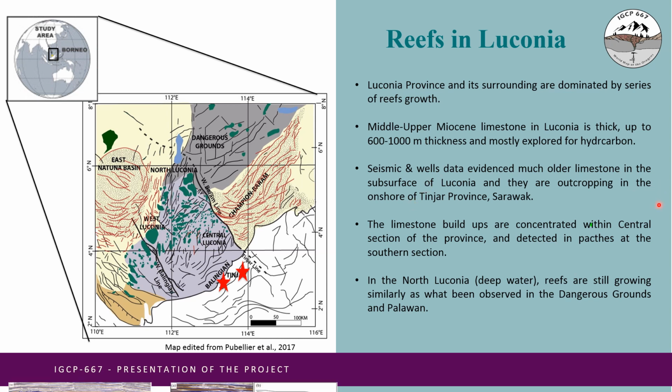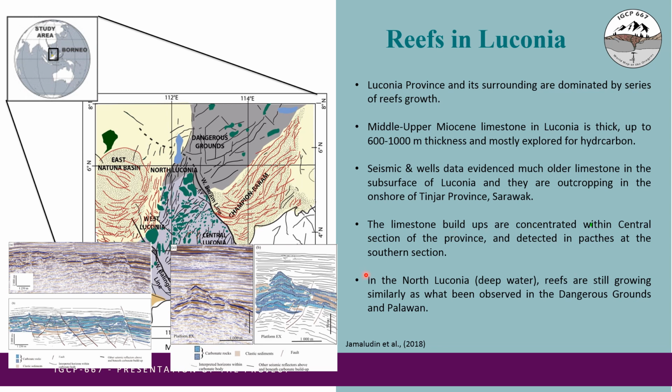There are two types of carbonate growth in Luconia. The first one is mainly flat, elongated carbonate platforms, as an example over here, while the second one has conical shaped carbonate build-ups, and these are usually smaller in size compared to the flat top carbonate platform. The limestone build-ups are concentrated within the central section, or central Luconia, over here,